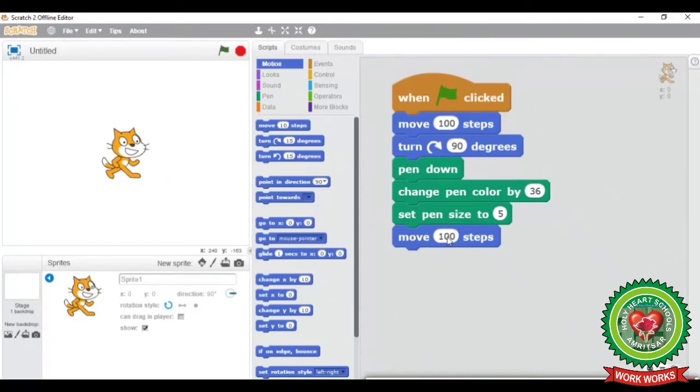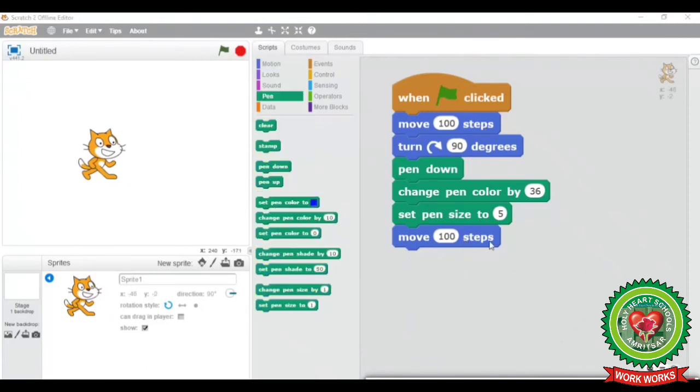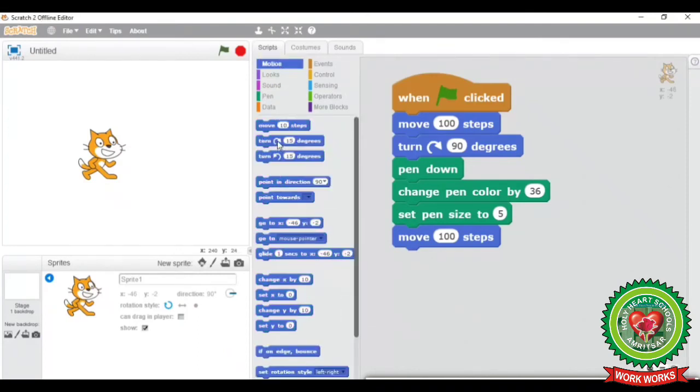One thing you need to notice, every time the steps of moving will be the same if we are drawing a square, because all sides of the square are equal and every time it will take a 90-degree turn. Now again here I am going to take the turn 90 degrees using Motion blocks. Now here again I am going to take the value 90.